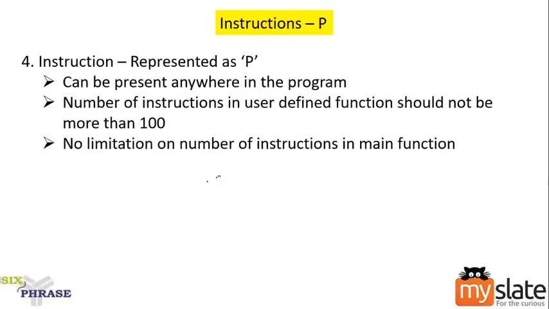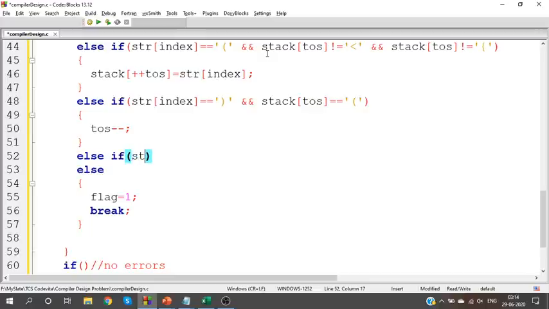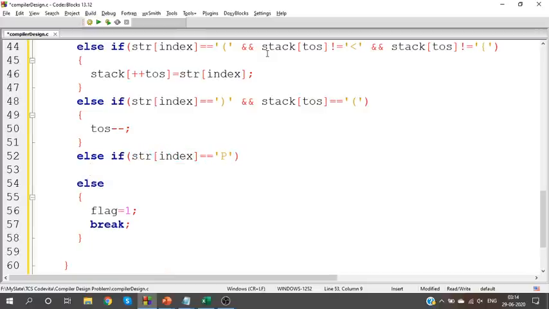Next we are going to learn about the fourth part, which is instructions. What do we know about instructions? We know that it is represented as P. So one more case to be added here is str of index is equal to P. Okay, we may be having an instruction here.